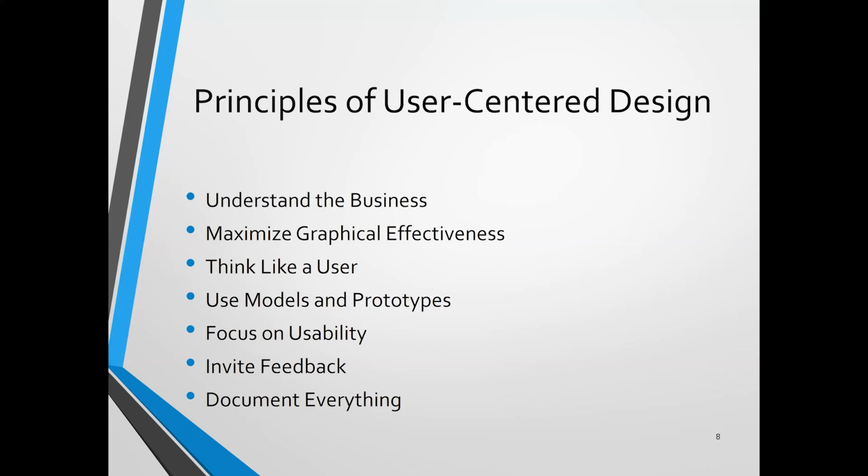The next one: try to maximize graphical effectiveness. Right now you can design everything on the screen effectively because the screen resolution is very good. But anyway, you have to think about the design. If your users normally use a smartphone, then you have to know that the size of a smartphone screen is at most 6 or 6.5 inches diagonally. So if you try to fit everything